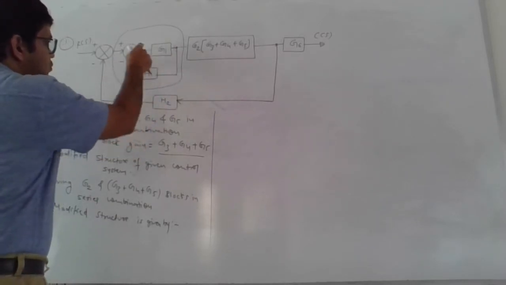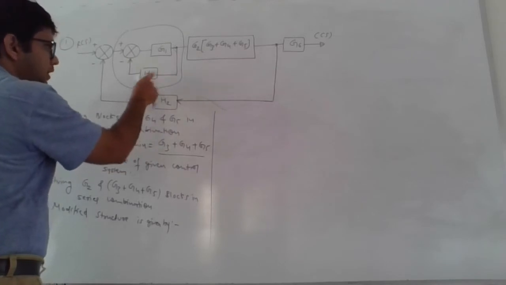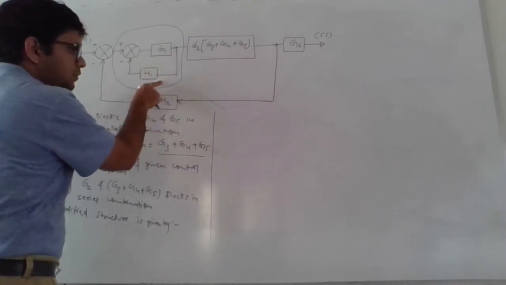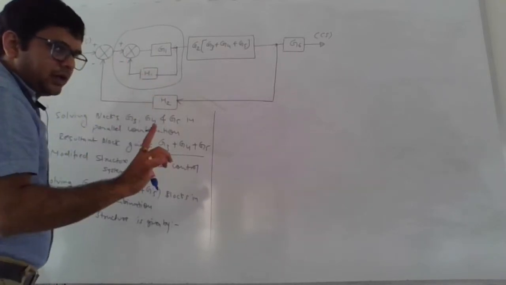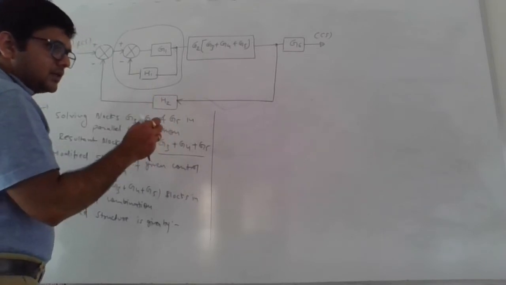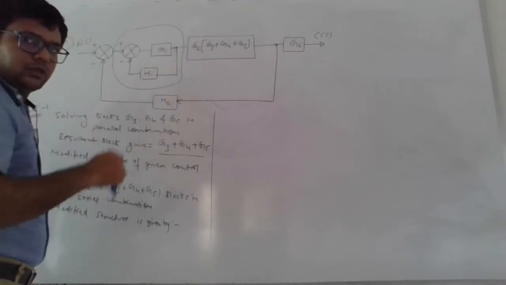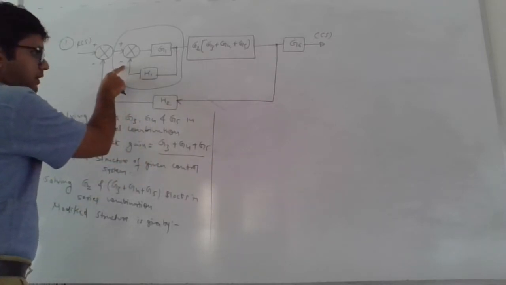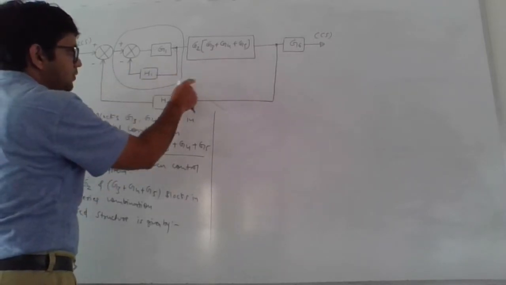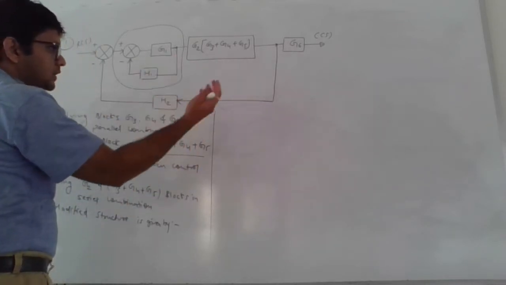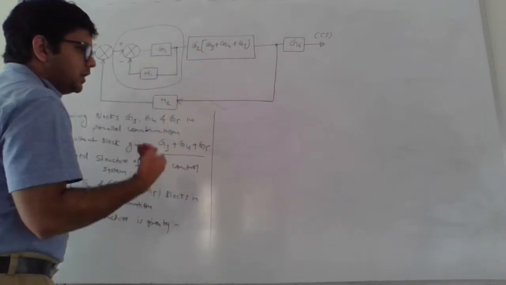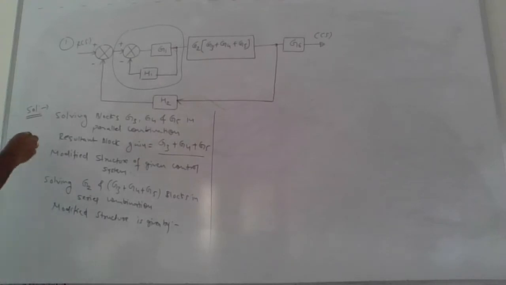So this is nothing but your closed loop where G1 indicate forward path gain, H1 indicate your feedback path gain. So if you apply elimination of closed loop rule over here, we can replace this particular closed loop by a single block gain, where the value of gain inside that block is nothing but G of s upon 1 plus G of s into H of s. Why plus? Because the nature of feedback signal is minus. So we can write this as G of s upon 1 plus G of s into H of s. But the value of G of s is G1 and H of s is H1. So the answer is G1 upon 1 plus G1 into H1. So next step is, so this is nothing but our step 1, and this will be your step number 2.